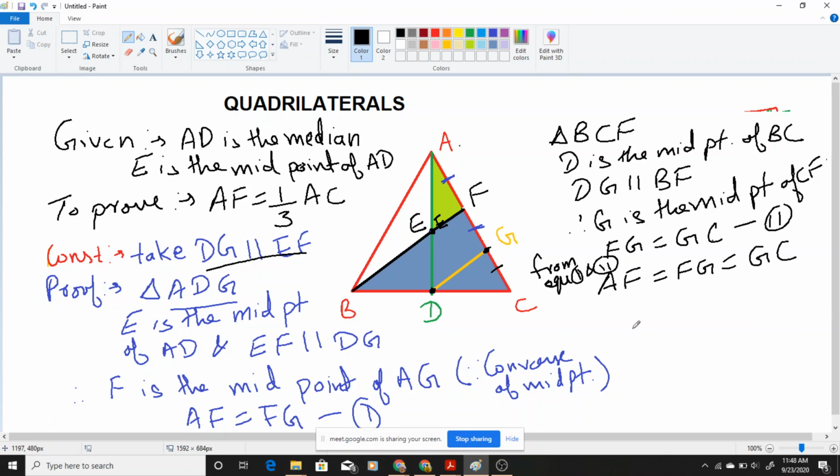So that means what? Now if I am writing AF plus FG plus GC equal to AC. क्या मैं ये लिख सकता हूँ? देखो ना यहाँ पे फिगर में आते हैं एक बार. AF plus FG plus GC equal to AC. And now see,